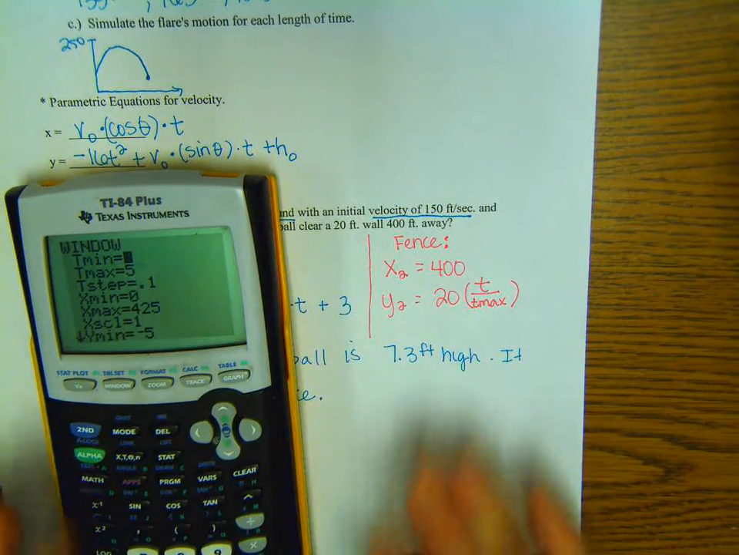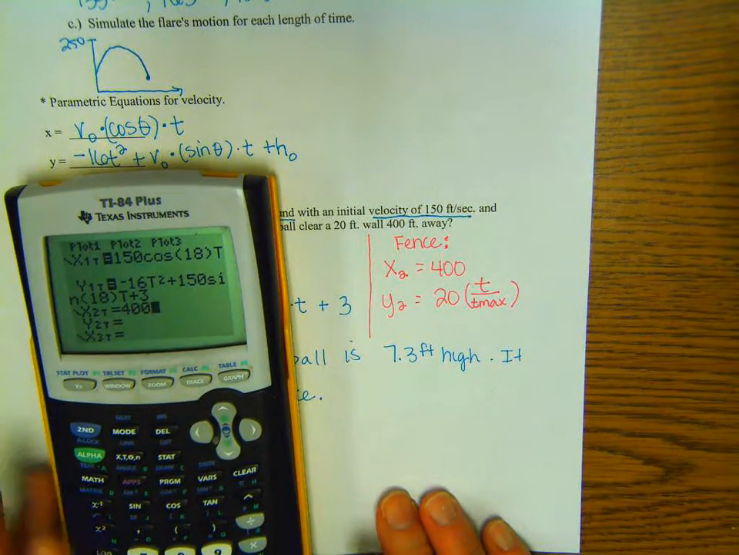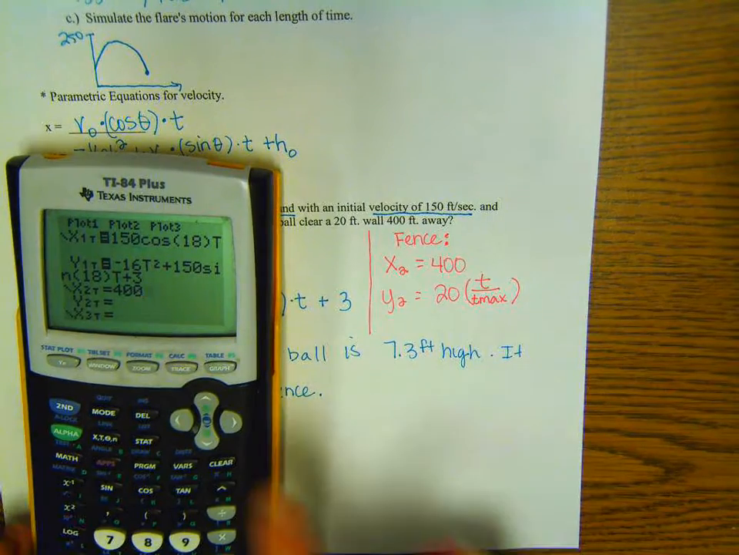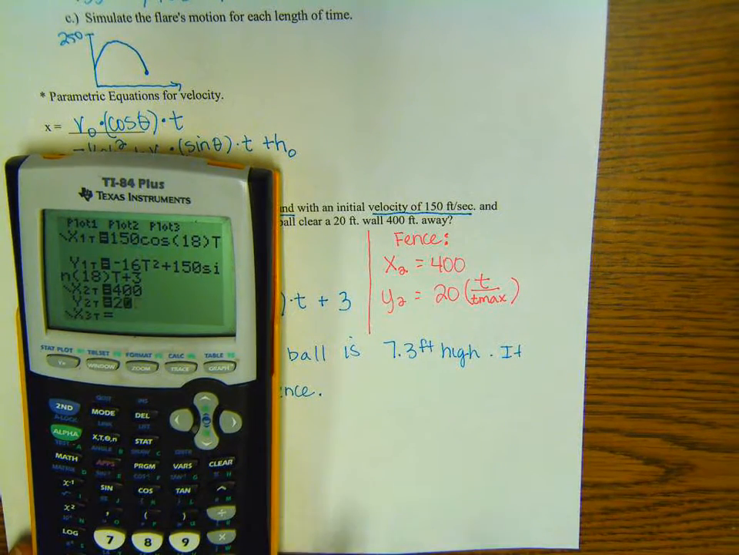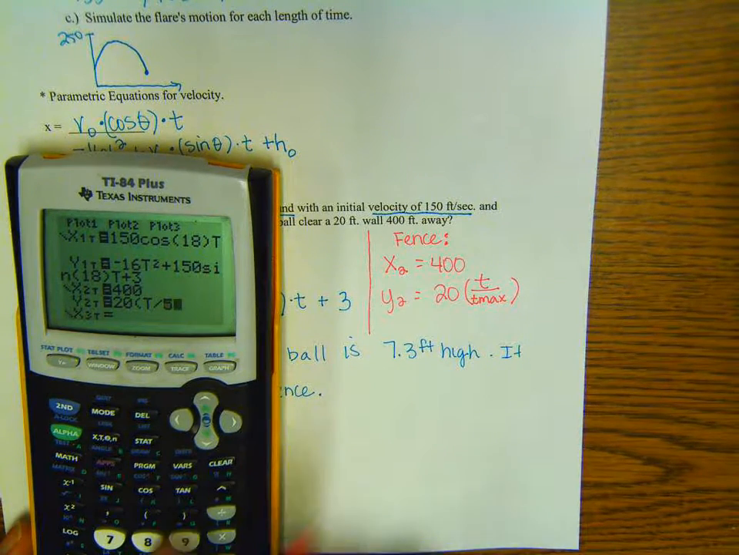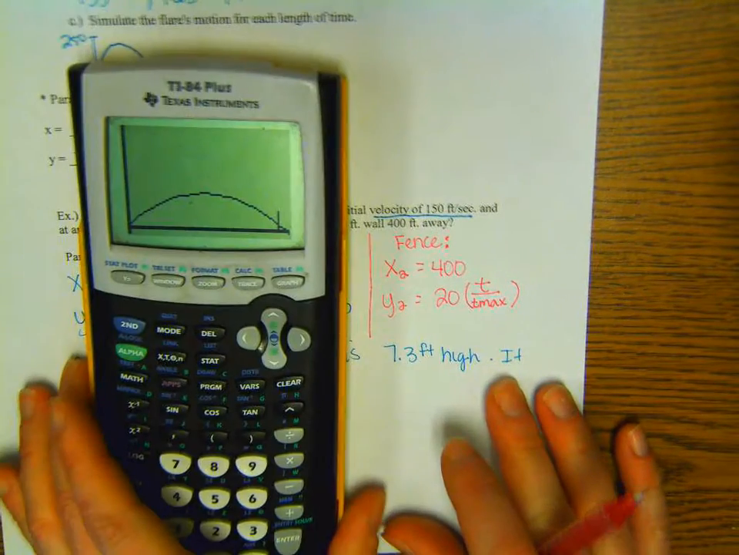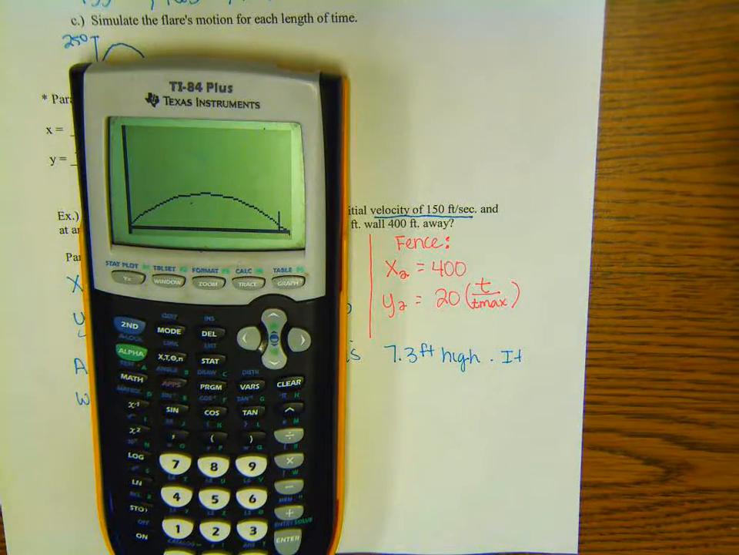So here's what we're going to do now. Let's put the fence in. In X2, we're going to put 400. And then in Y2, I'm going to do 20 times T divided by 5, because that's my T max. Here we go. There you can see the fence. And it clearly does not clear the fence. Alright, so